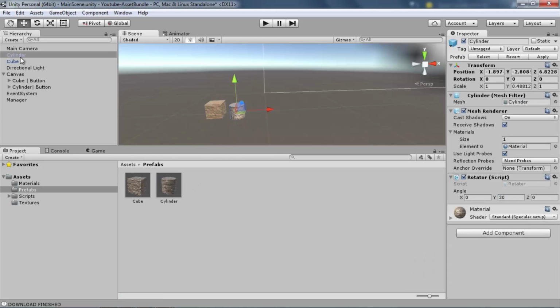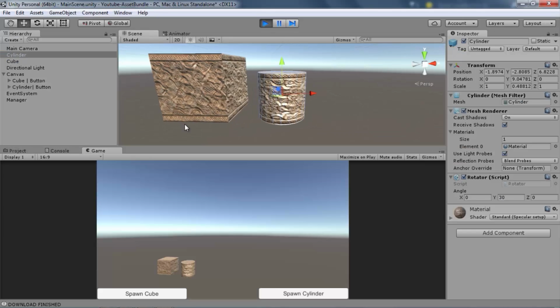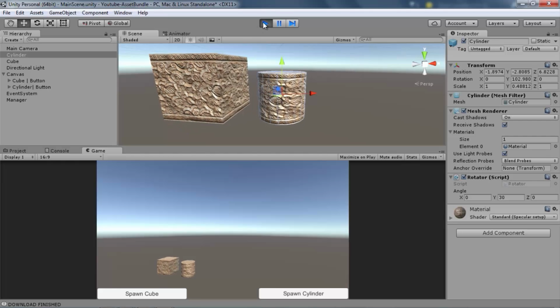Now if I add my prefab into the scenes, they will rotate.